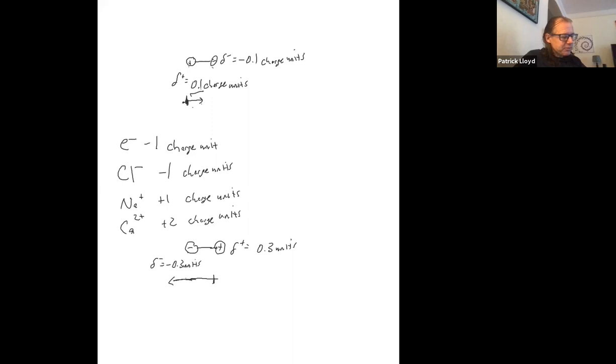So this would be like 0.1, 0.2, 0.3. So again, vectors have 2 things you want to take into consideration. One is the direction. The other factor is the magnitude, the size of this quantity. Okay. So if you have 2 atoms that are bonded together,